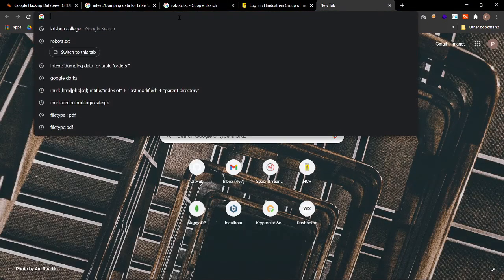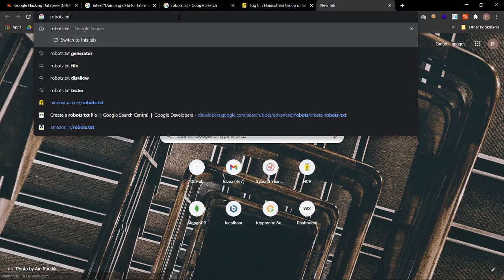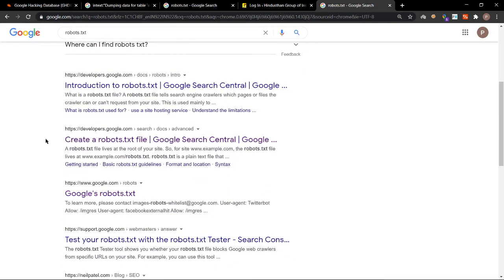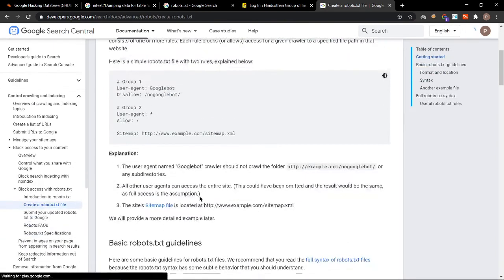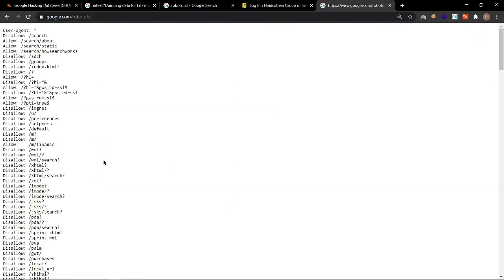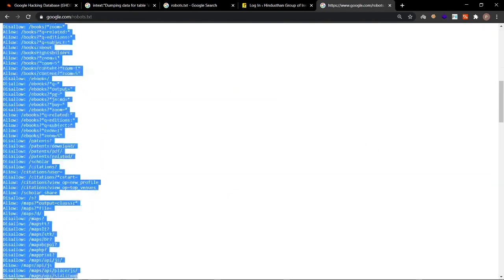Even Google or other big companies will have a robots.txt file. Yeah, see, even Google is having robots.txt.